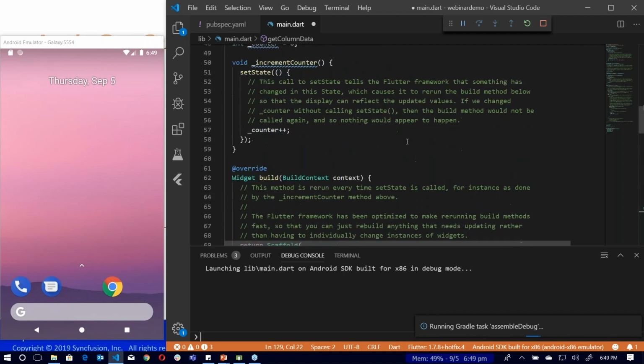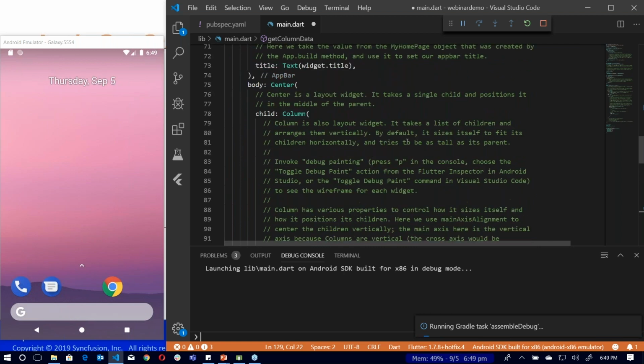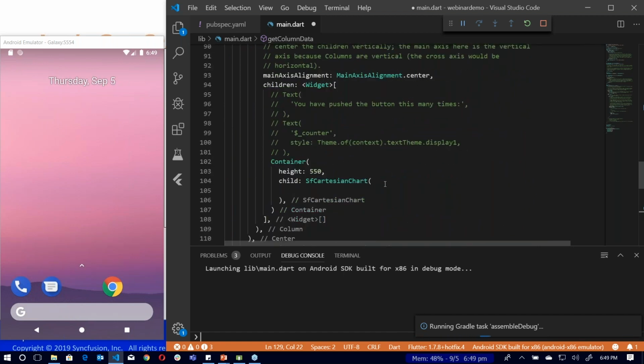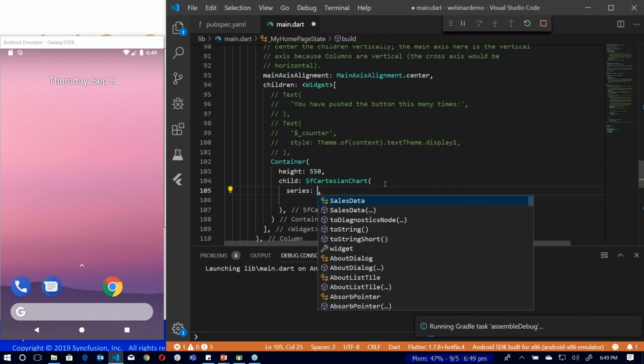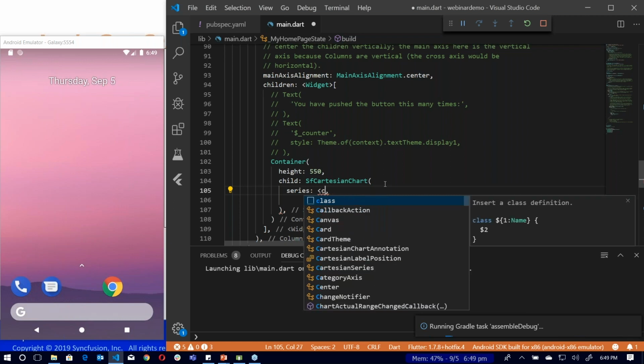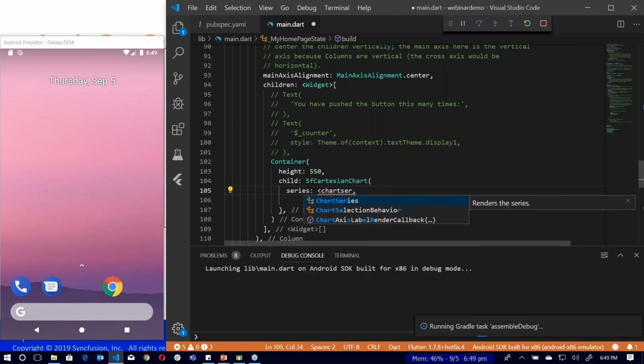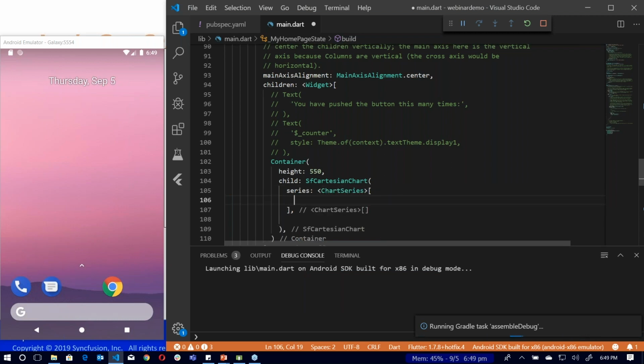So it is taking much more time than expected. So there you go. You have a Cartesian chart here. Inside the Cartesian chart, you have to add series of type column chart. So a series is nothing but a collection of column charts. So a collection of chart series. So inside that, I'm going to add a column chart. So column series,